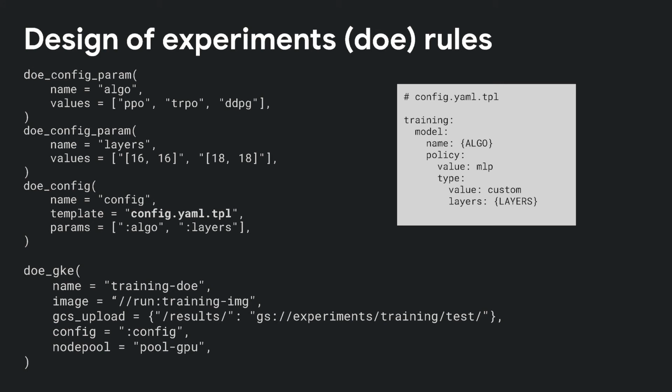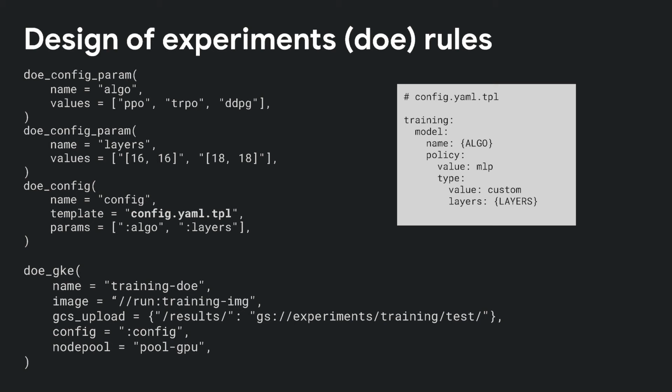So what does it look like in code? On the right-hand side, you have our example YAML template file, where you find two parameters, algo and layers. In the build file, now you refer to those parameters using the DOE config param rule. So there is an algo target and a layers target. Then you bring those together inside the config target, which is basically declaring a full factorial parameter exploration for those